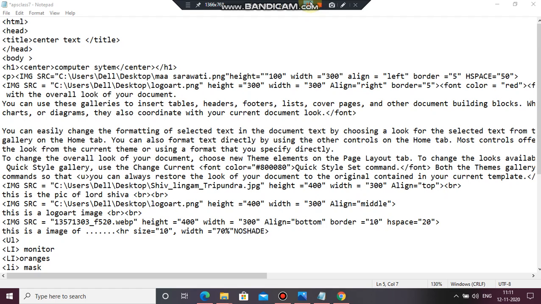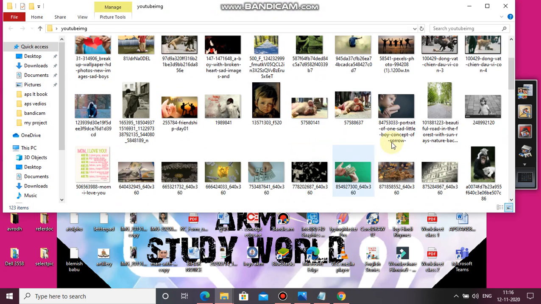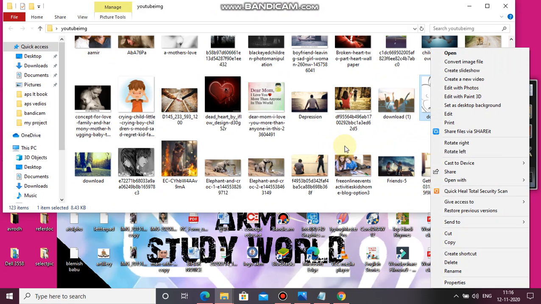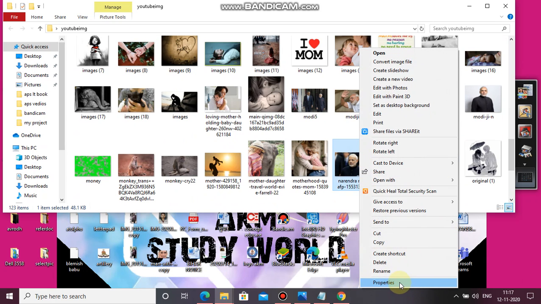Okay, here we will write body background, background equals to double inverted comma. Now you can just write the name or you can put a path. Okay, so let's see some images from here. Okay, I'm just taking the image of create person properties,